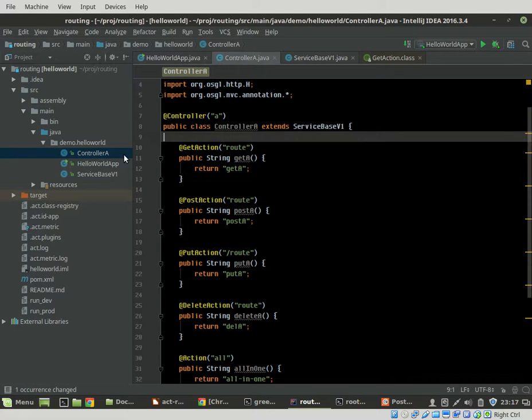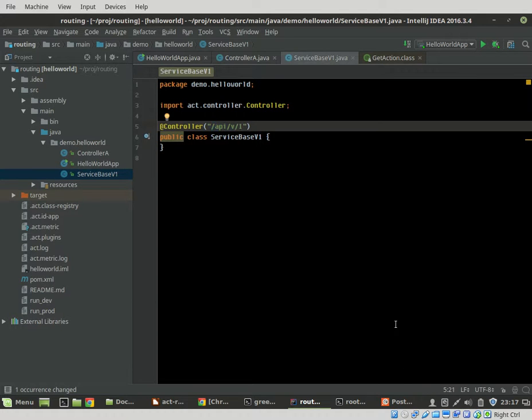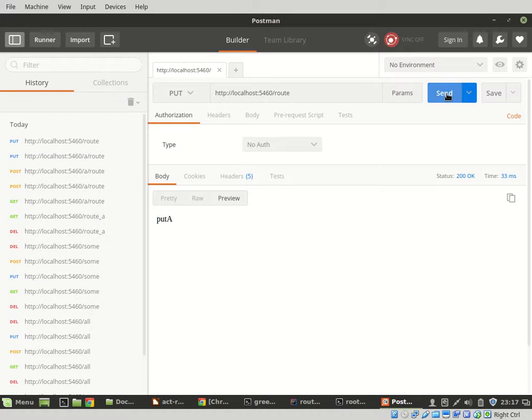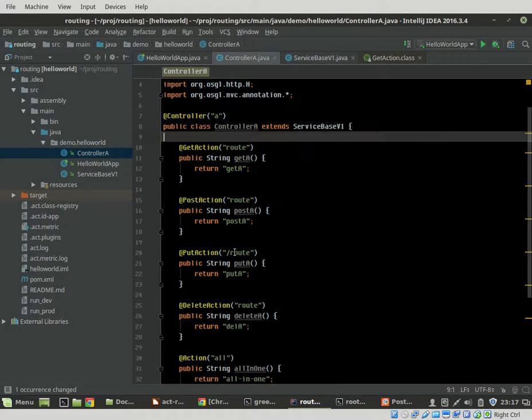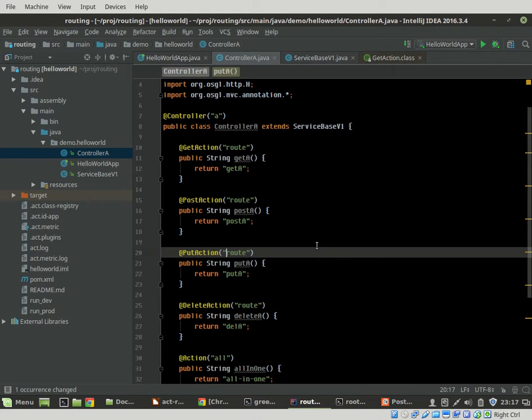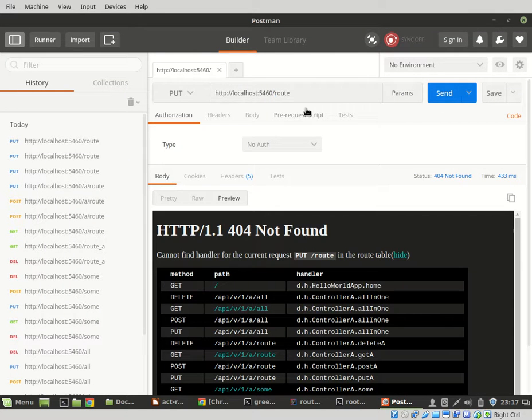And then a service base starts with API version 1. And if I go to this, I still get that. Why? Because the path is absolute for the put. But if we take this absolute path out, I'm not going to get anything. Even if I add context of controller A, it's still not working unless we say this is API version 1